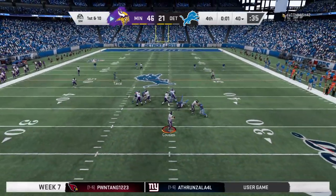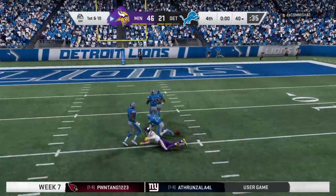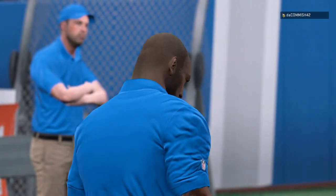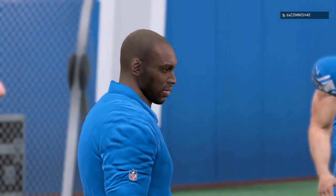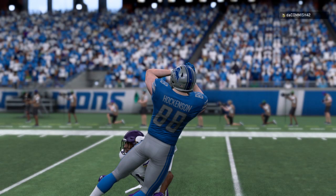First down, here's Cousins. Lets it fly for Thielen. And it's incomplete. They're still throwing to the very end, but now this game is over. Well, Charles, it's one thing to win. It's another thing to win and put up the